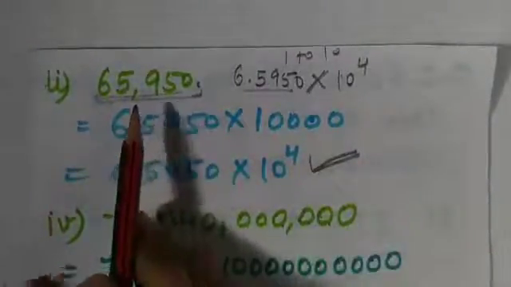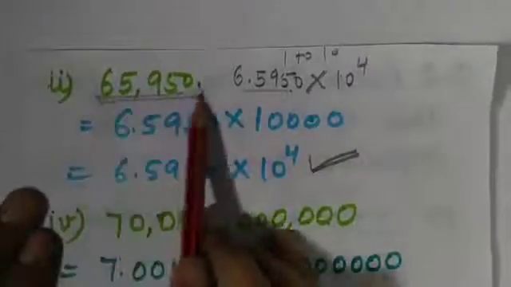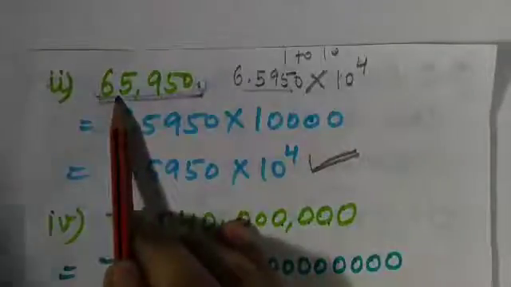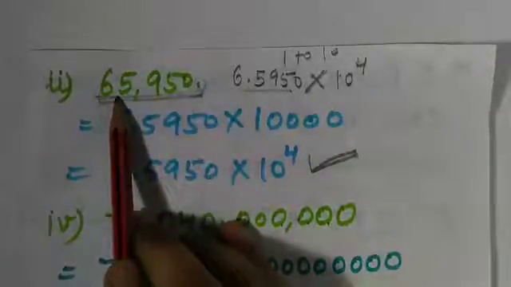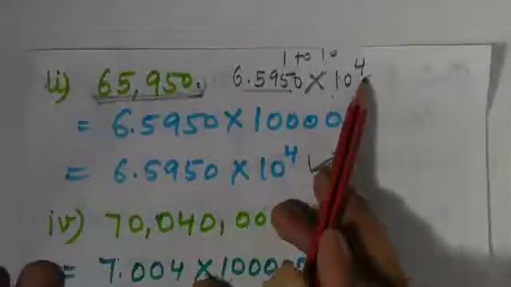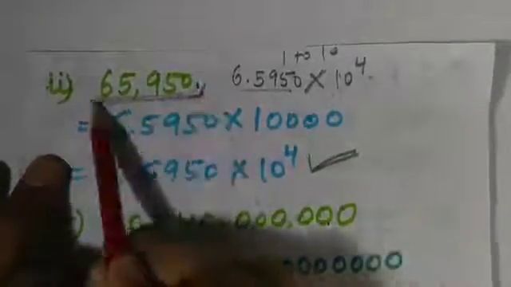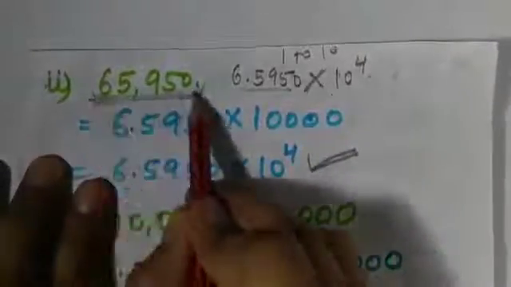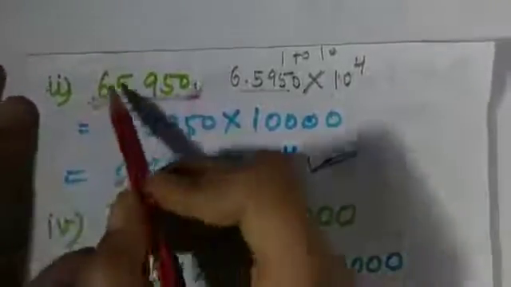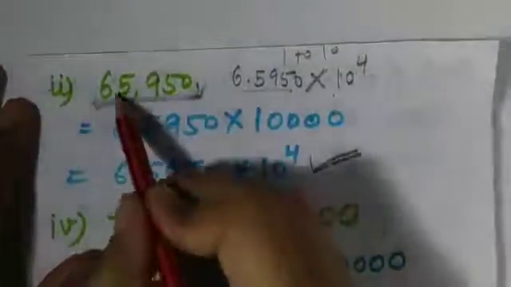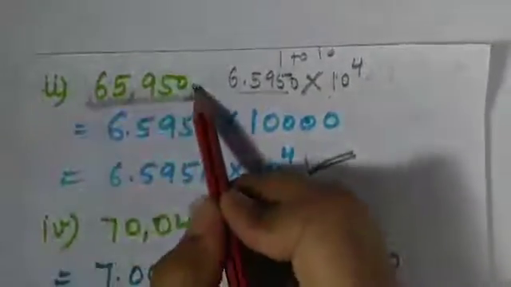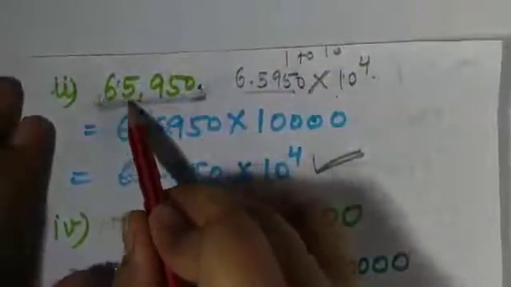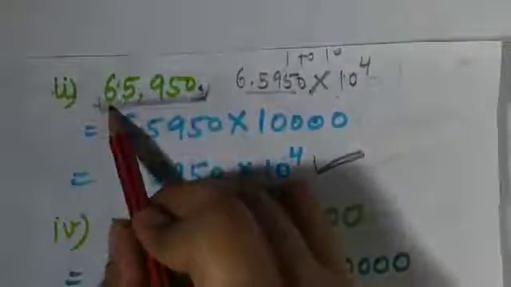What I have explained, let us recall. This is the given number. Standard form means I have to express the number as a decimal between 1 to 10 and including the power of 10. So first I will write the same number in decimal. To keep the number between 1 to 10 in decimal, I have to put the decimal here. So here the decimal is at the end, I have to shift it here, because then and only then the number will lie between 1 to 10.